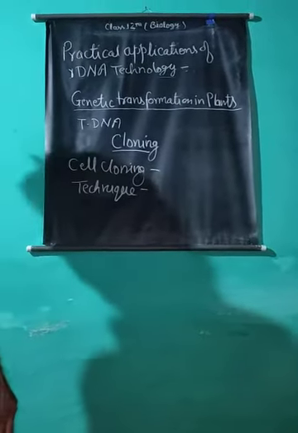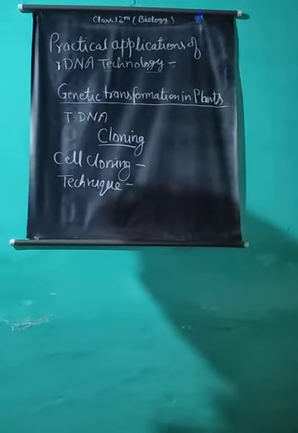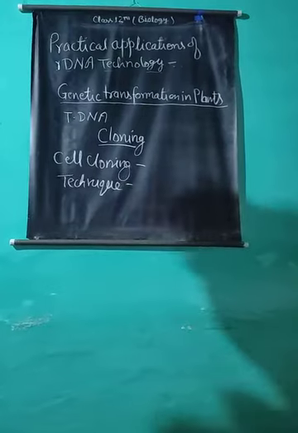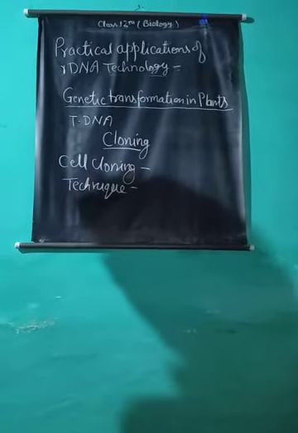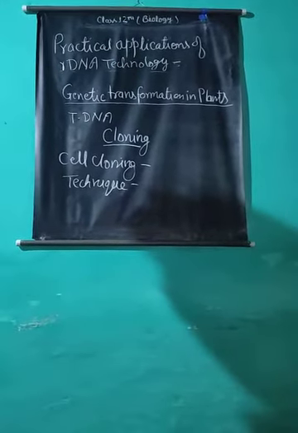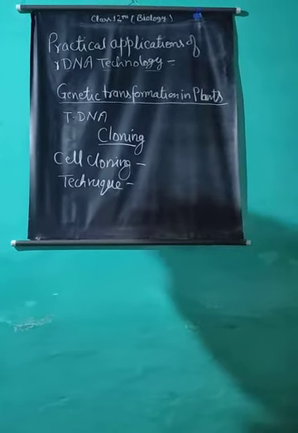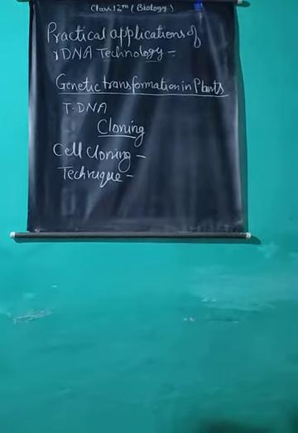Cell cloning is achieved in two stages. First of all, cells of organisms, animals or plants are isolated with the help of enzymes. These enzymes may be proteases, trypsins, or collagenases and calcium binding substances. If it is a plant cell, then the enzyme cellulase is used because the plant cell wall is made up of cellulose.